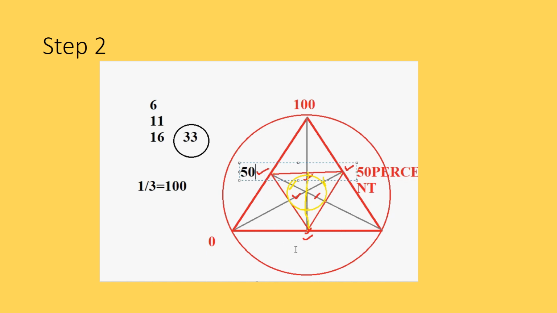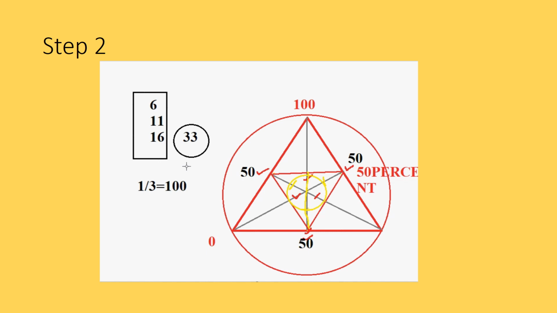This is the half distance. This is the line of 50%, and this is the line of 50%. Ashok Mitra proposed three important numericals. These are the three important numericals. We can plot these three numericals, 6, 11 and 16, according to our need, our choice, our database, our purpose